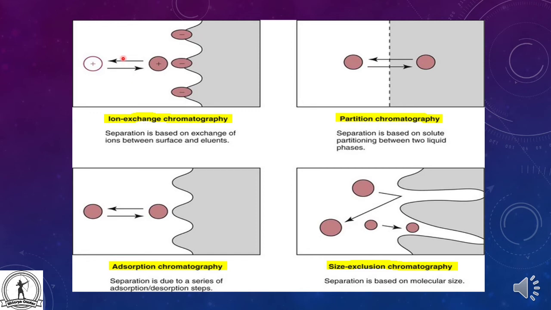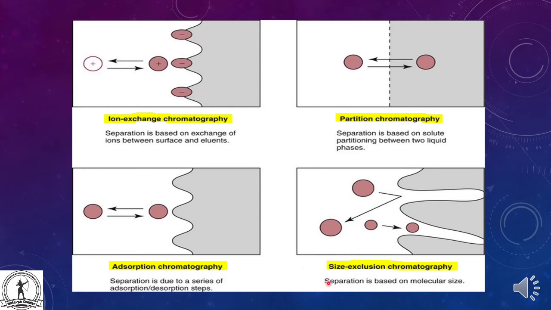The best example of ion exchange is softening of hard water by EDTA. In hard water, calcium and magnesium ions are present, and through EDTA they make complexes, calcium EDTA and magnesium EDTA, and water does not make a complex with EDTA, so it is eluted and our water is purified.